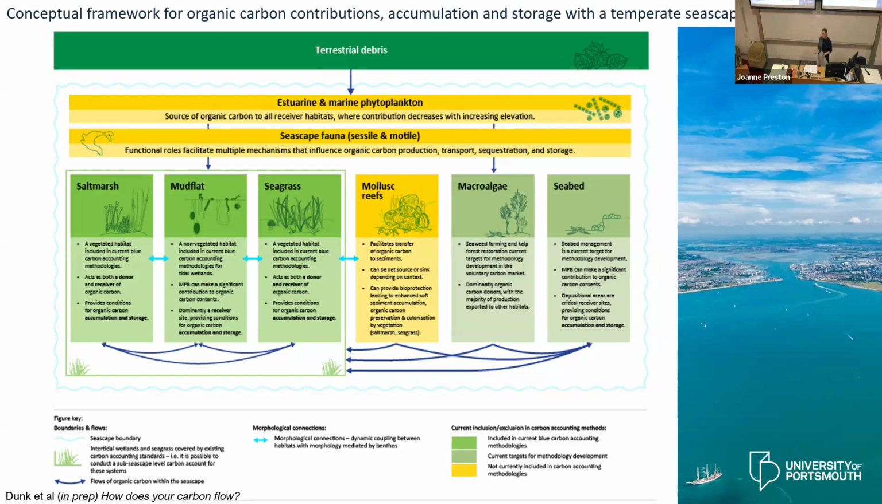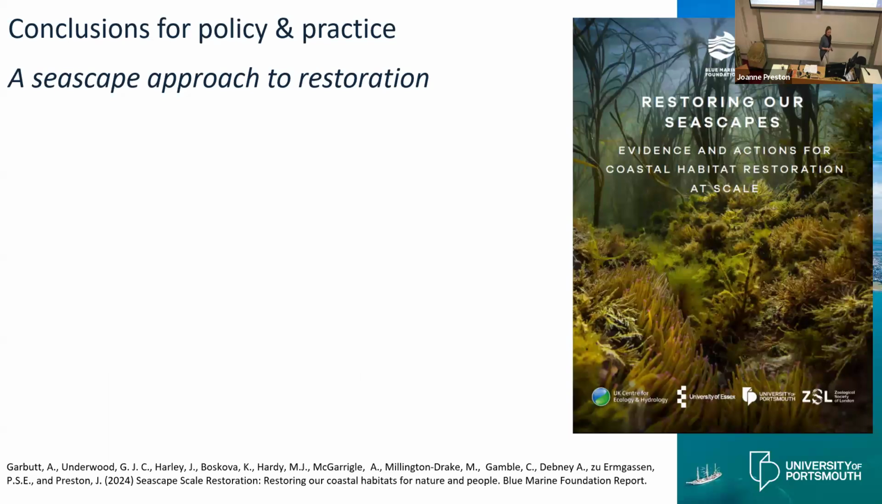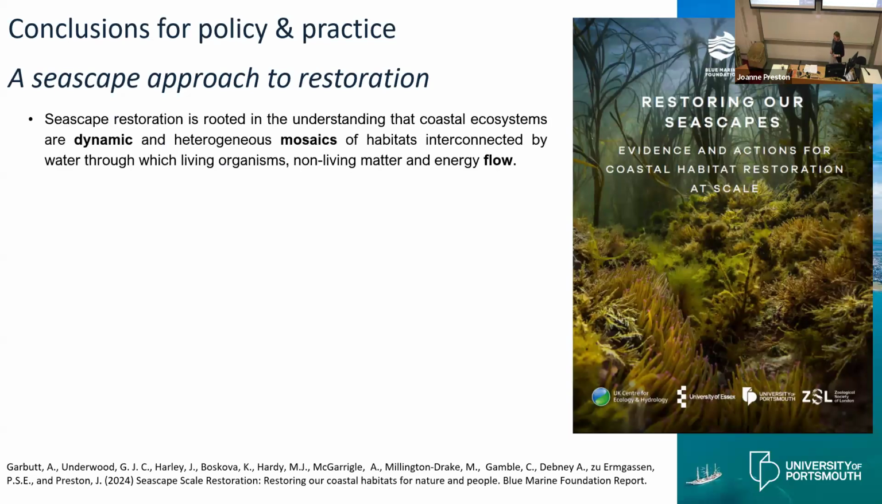But if you can only accredit the autochthonous carbon in the Northeast Atlantic, so much of it is allochthonous. So how about you just extend the boundary a bit wider and include multiple habitats? Maybe you include the whole seascape, and then it's all autochthonous. So that's something we're thinking about at the moment. So this sums up our application of this to